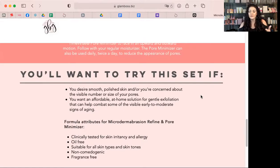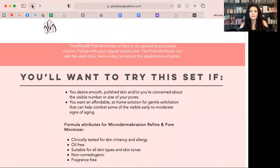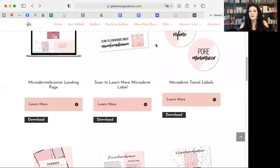So any products that you have before and after pictures of, please send them to her. There is a form if you go onto the page. So if we go back to here, if you go to the contact us page,